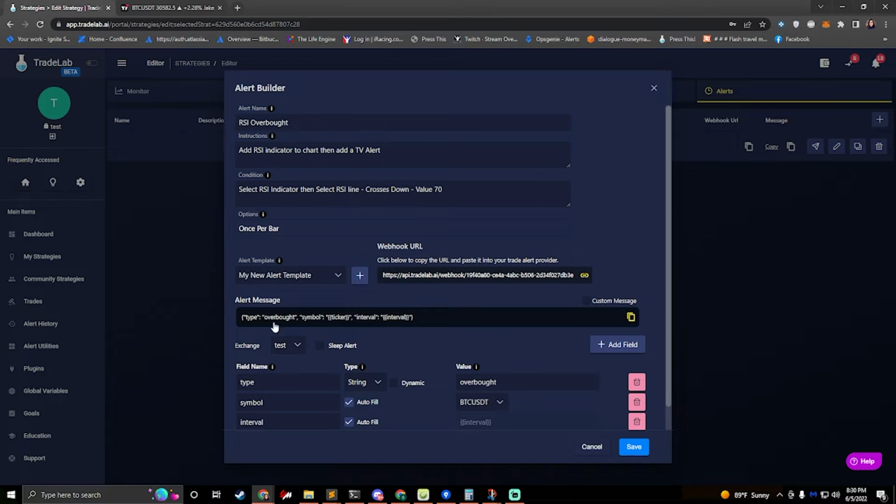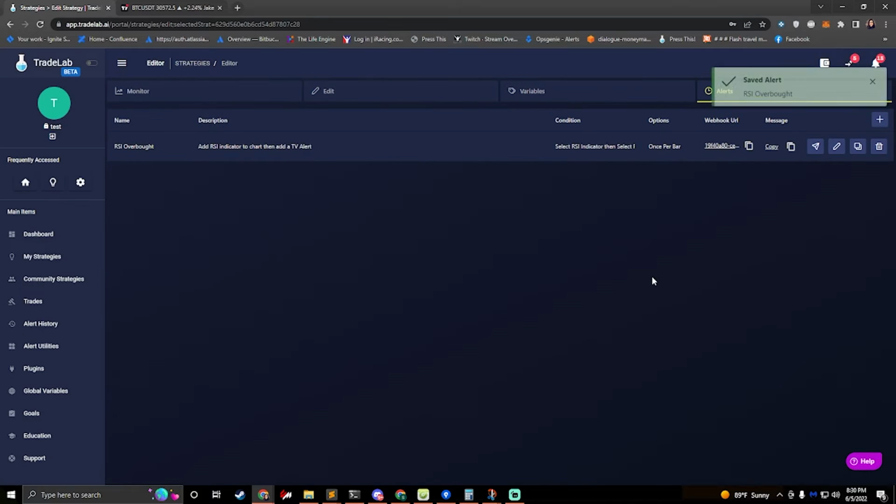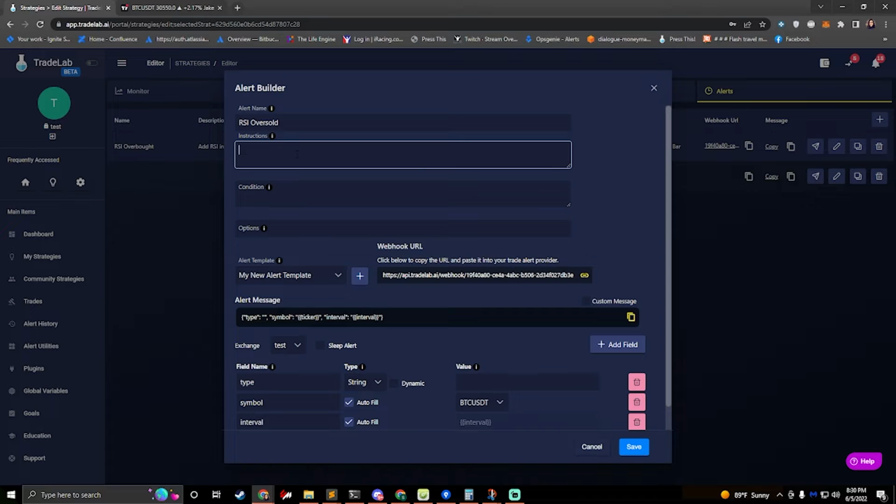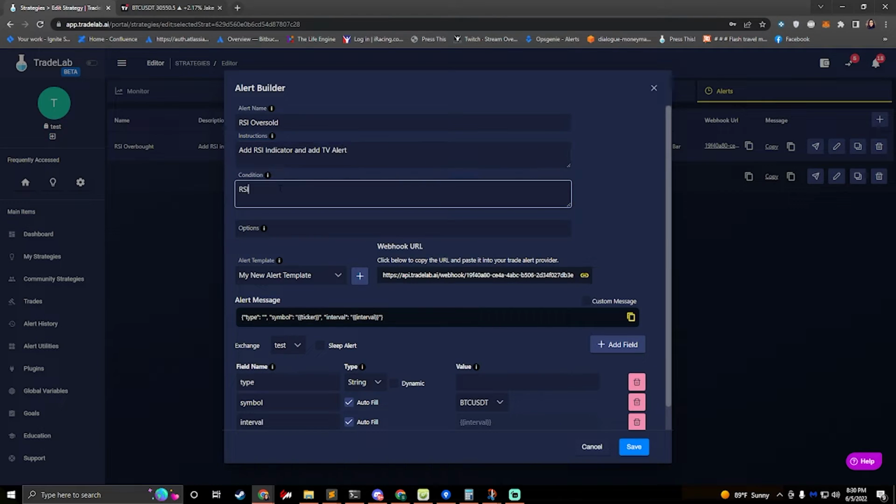So now that I've explained all this, let's show you how quickly we can set up an alert. Okay, so I'll press plus again to create one more. This is going to be my RSI oversold. Okay, for my instructions, I'm just going to say add RSI indicator and add TV alert. RSI